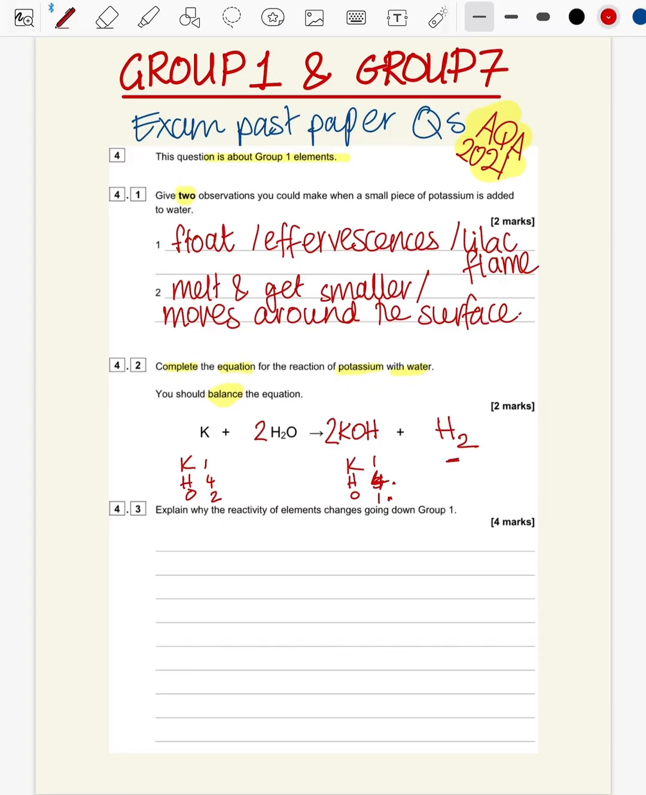So now my hydrogens and oxygens are balanced on both of my sides, but this also changes your potassiums to 2 on the right hand side. So now the potassiums are a little bit unbalanced, which is an easy fix. So on the left hand side, I just need to add a big 2